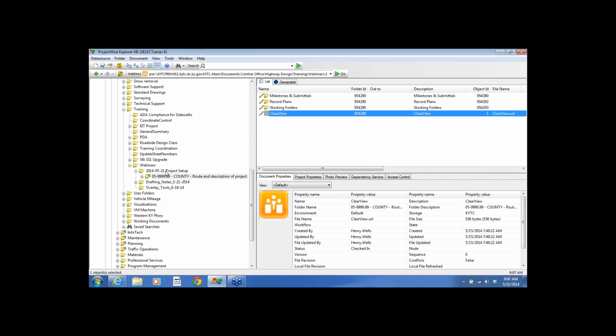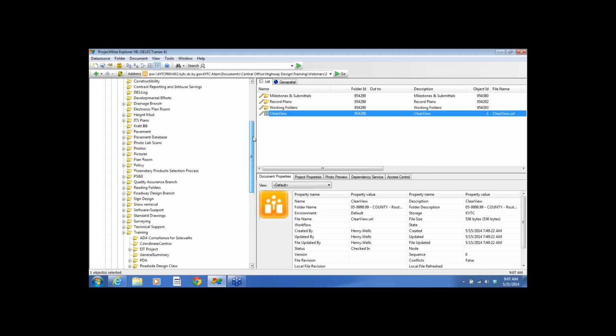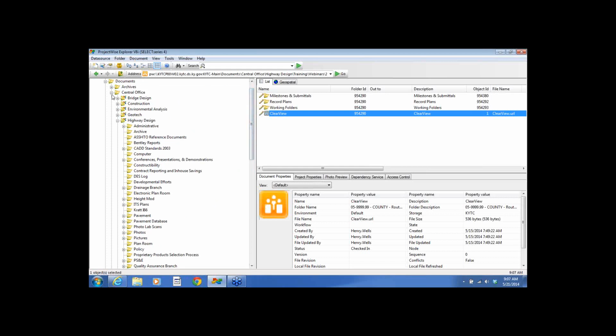And the reason you want to do that is that the graphic standards change from time to time. And if this project gets shelved and 5 years later you come back to it, the seed file has changed. We may be using a different geographic coordinate system in the future. Who knows? You want to have those seed files that are specific to this project. Now, where you can find those seed files is in